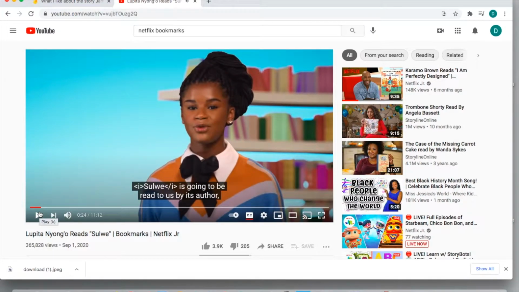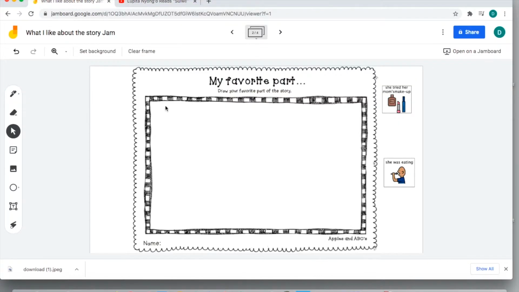So I think this is a fantastic book, and I really like the message of the book. And I think that not only does it tie into ELA, but this is definitely something we can utilize for social emotional learning as well, right? So we can carry this across multiple subjects, and I think it's a really fantastic story. It's really lovely. So I say check it out for sure, and I absolutely love this read aloud. It's fantastic. So after watching Soulway, I want to show you what I did with my students, which is I